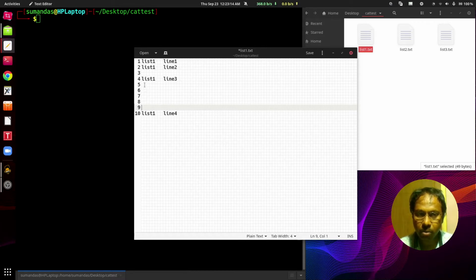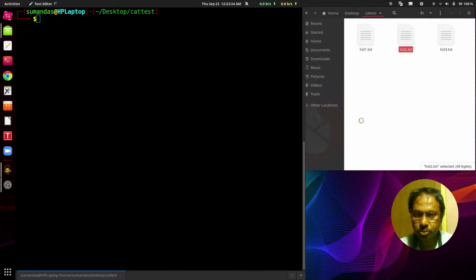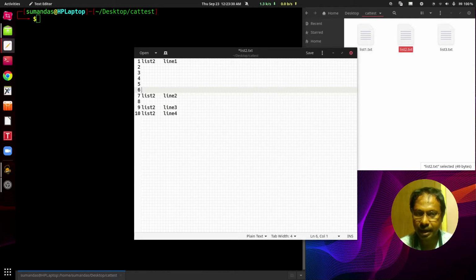So here 1, 2, 3, 4, 5 blank lines have been included, and press save. And also in the case of list2, I am increasing the lines with some blank lines. Here also I have added 6 blank lines, and press save.